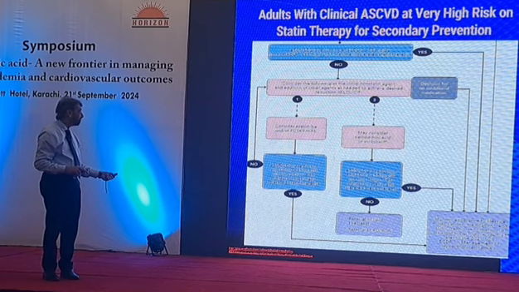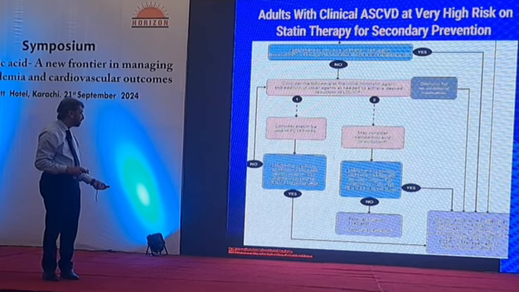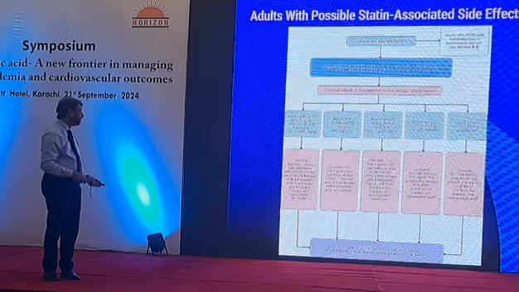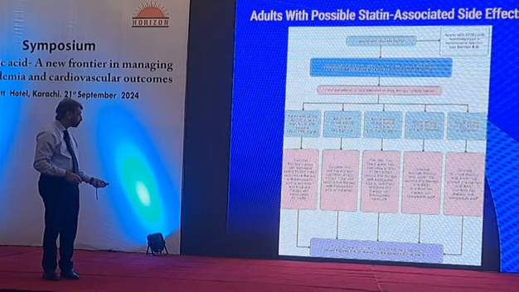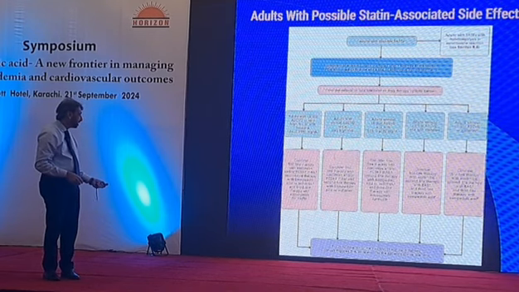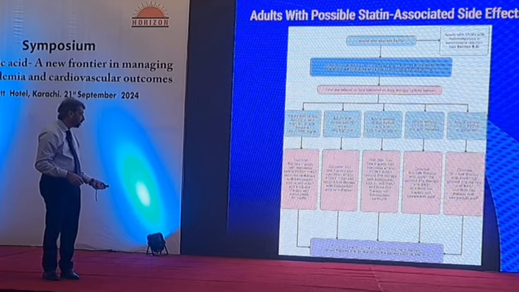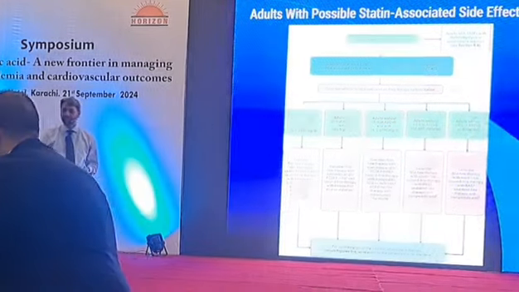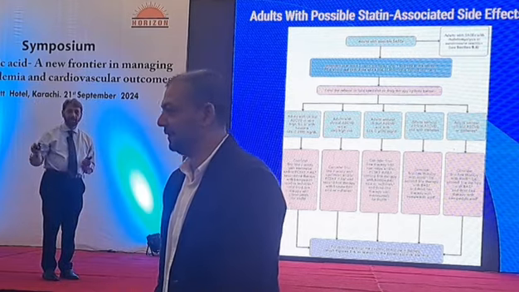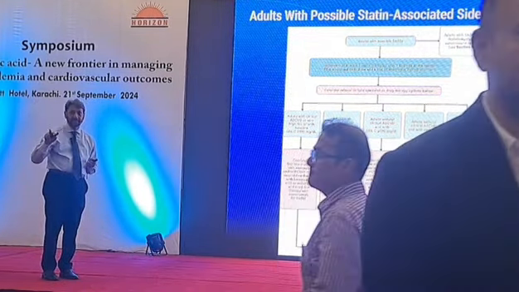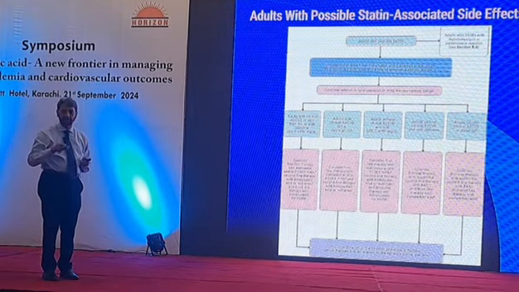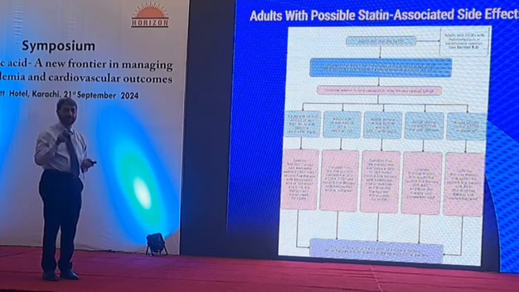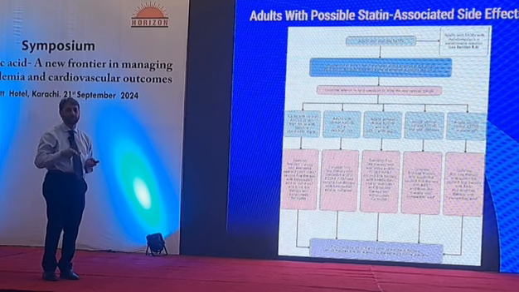If you're not achieving target, you have to consider non-statin therapies in a way that you can add on PCSK9, ezetimibe, bempedoic acid. These 3 drugs are commonly available to us. So adding these 3 drugs is needed to achieve our targets in different groups of patients where we are unable to achieve our targets with